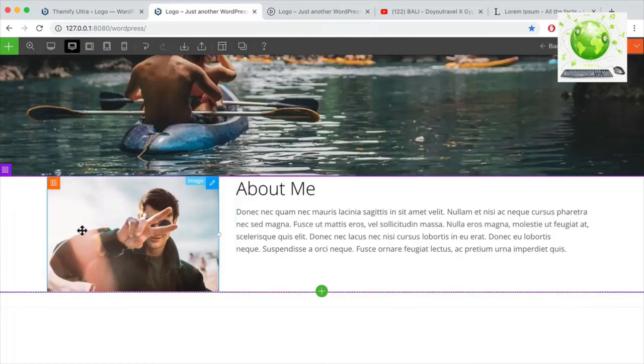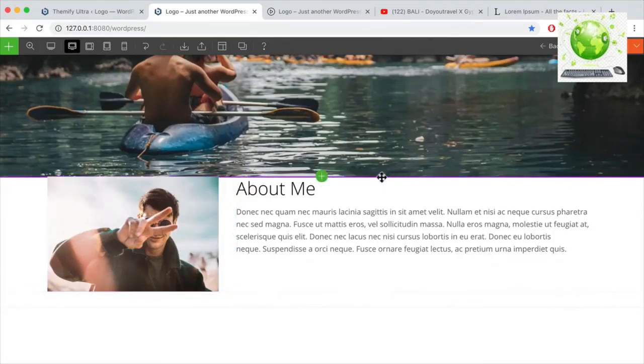Okay, so what I want to do is add some spacing, right? Otherwise it's just way